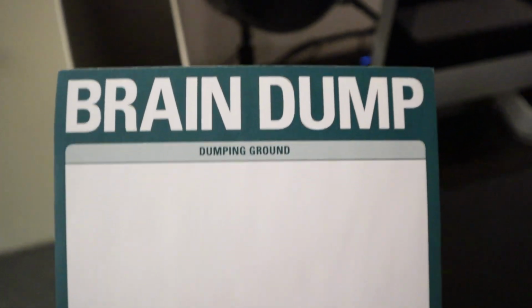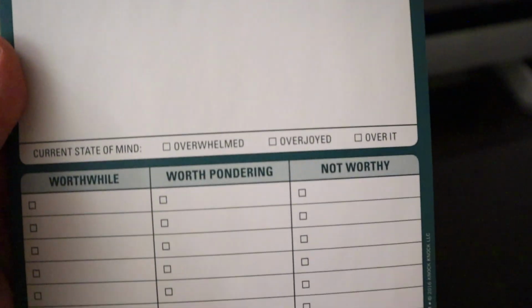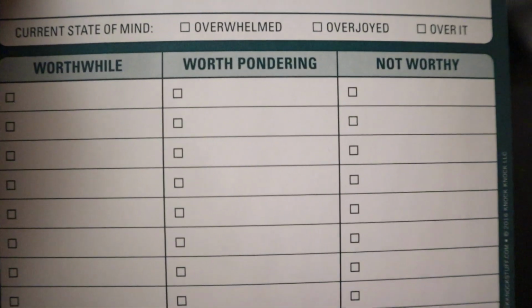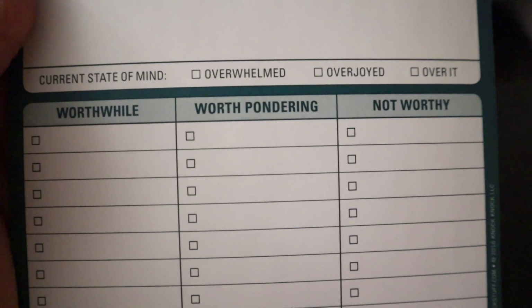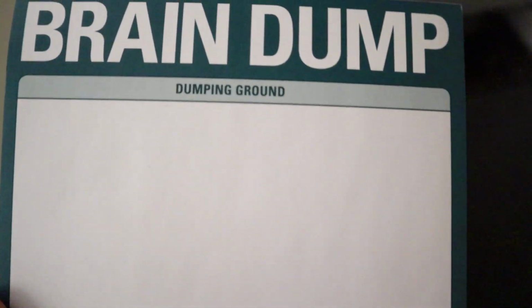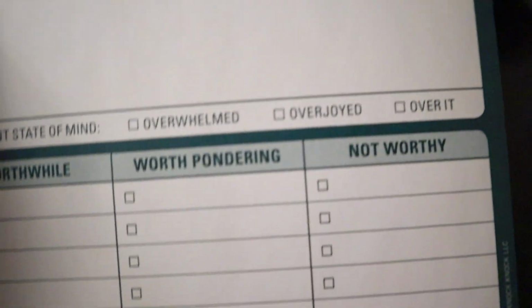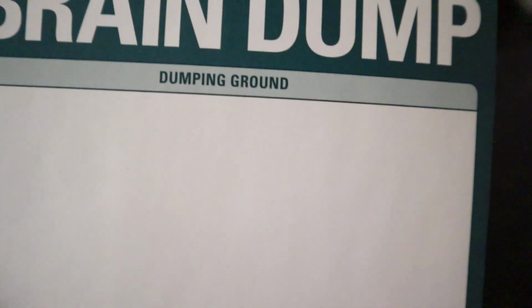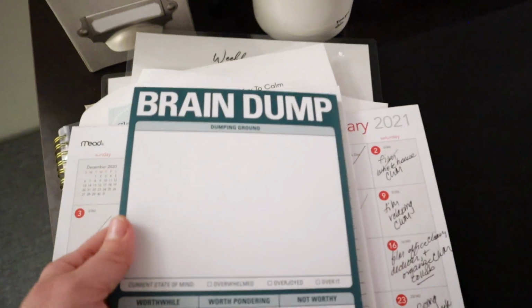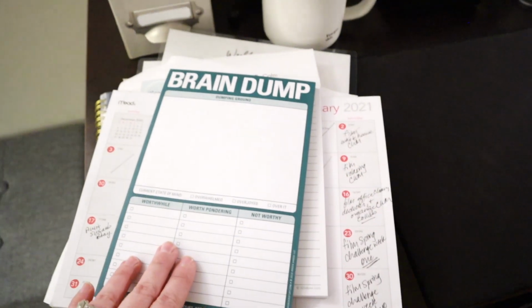Okay, this one is a game changer. This one is the brain dump pad. So if you're like me and you overthink everything, you need this in your life. So it divides it up into worthwhile, worth pondering, and not worthy. It's so important because not all thoughts are equally worthy. Some of them just need to go. So I love this brain dump pad. And that's it. That's what I like to keep in there,